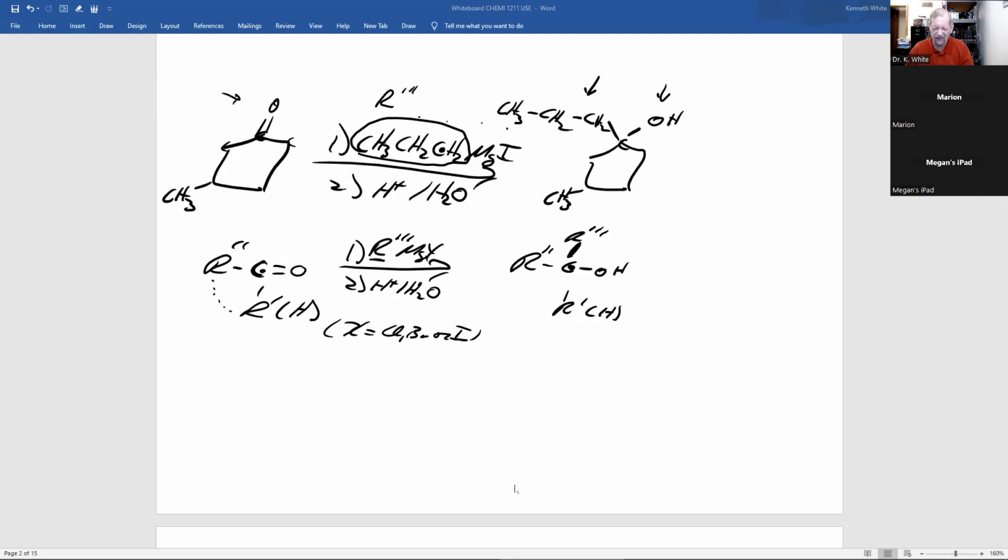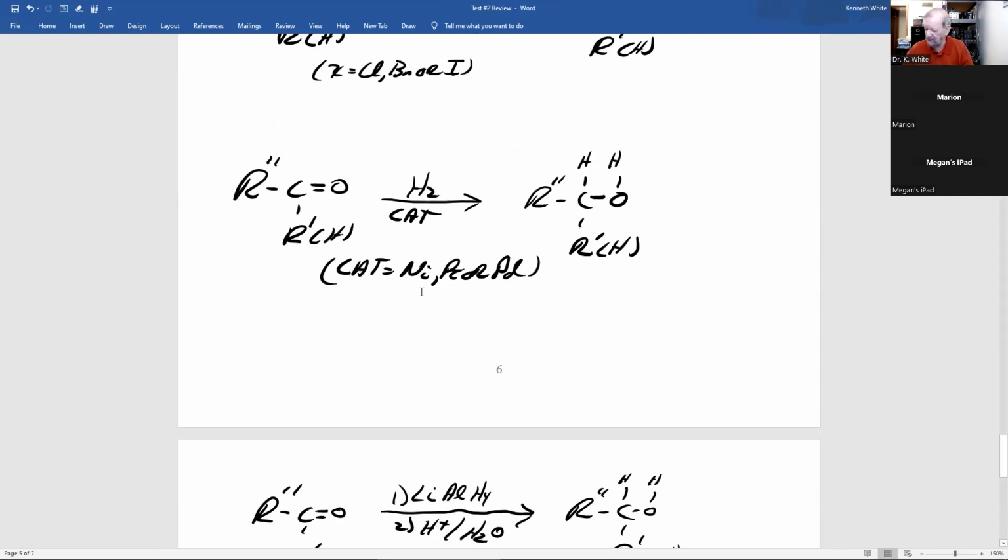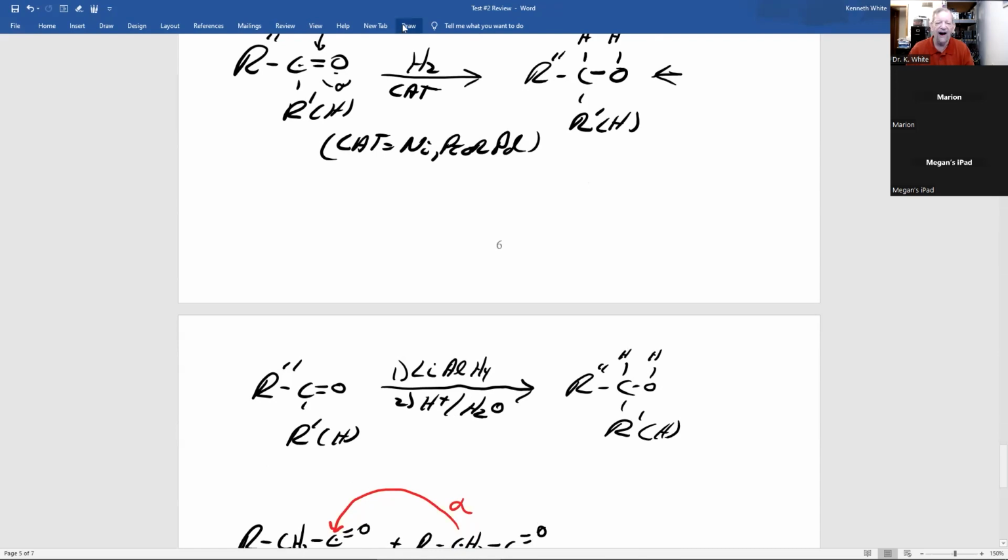All right, let's get back to it. Now, remember, carbonyl has a pi bond and a sigma bond. And you learn from carbon-carbon double bonds, hydrogen and catalyst, you can break it. And in this case, each atom of the carbonyl gets a hydrogen, and this is a nice way of making alcohols, which I've done. Now, hydrogen and catalyst, you know, can also react with a carbon-carbon double bond.